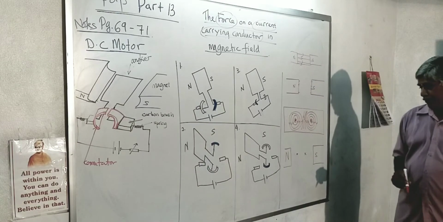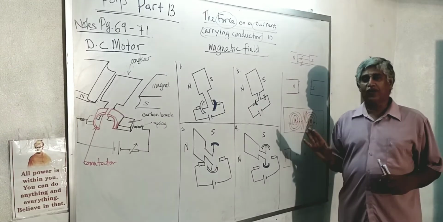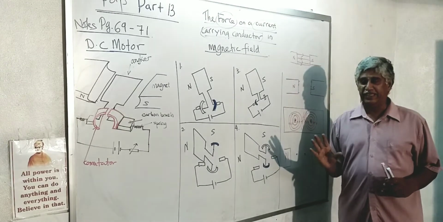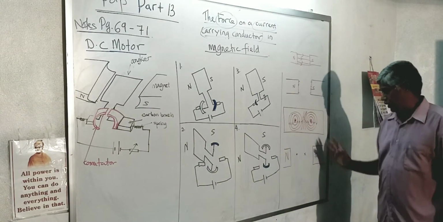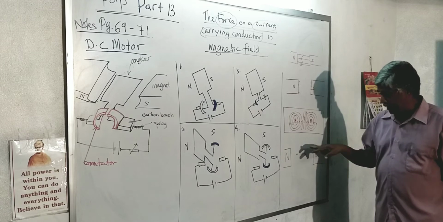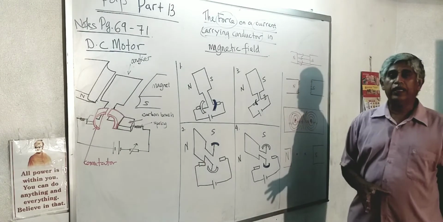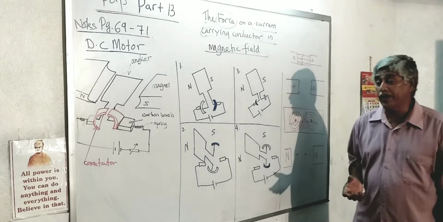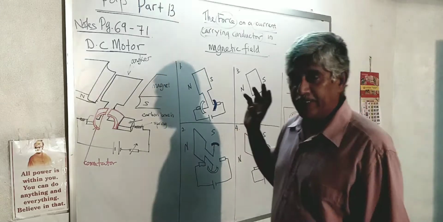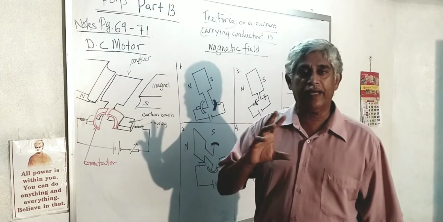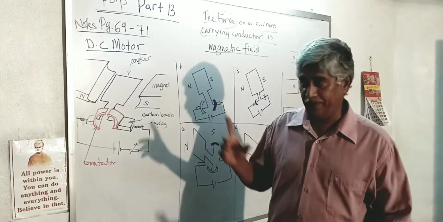So what you have to do now is draw the magnetic field. This is something interesting to draw. If you understand, it's very easy. Next time, any direction they give, whether the north and south are interchanged, or the current enters here and comes out, however they give it, we can still draw the resultant field, which I call the catapult field, or elastic field. This elastic field is the one making the coil or the conductor turn or move in the magnetic field.